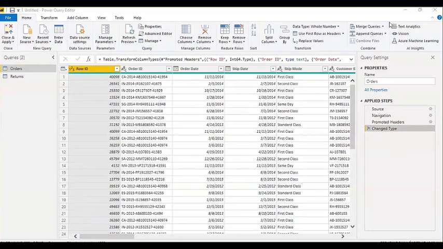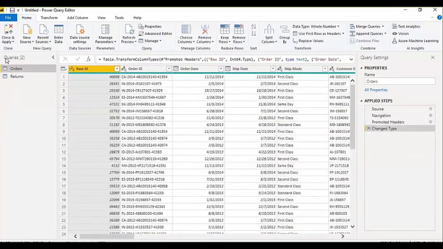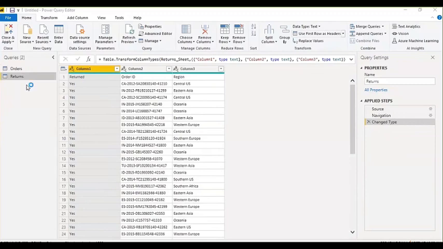Got it? So now you have these two tables here. You can see "Queries" written here, so don't be confused by it. Queries is nothing but just tables. In terms of Power BI, we call tables queries. So there are two queries, or I can say two tables, right? Now, this is a very small data set. You may have 10, 20 or 50 tables also.